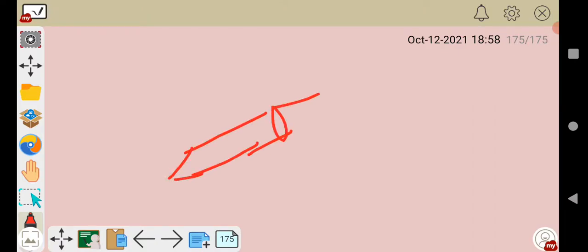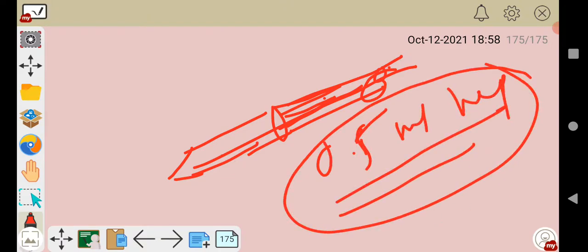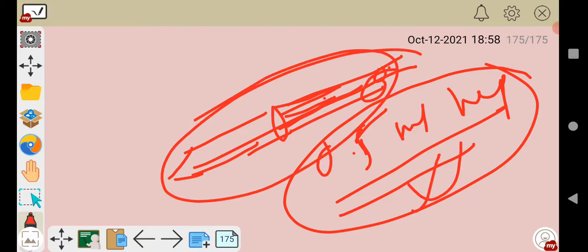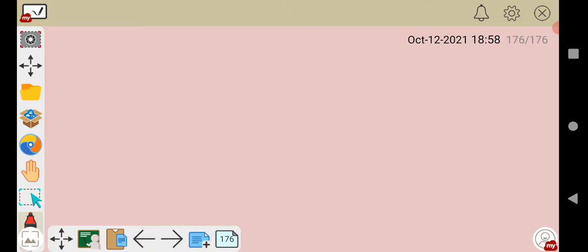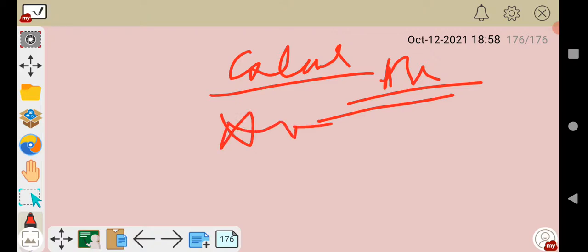The question that came was that we wash this syringe with 0.5 ml heparin, so that the blood collected from the artery doesn't clot. So we wash the syringe first with 0.5 ml heparin, and then we take the blood. Now the concept which I want to discuss with you today is not this, it's about the calculations of ABG, the very important topic, ABG calculations.